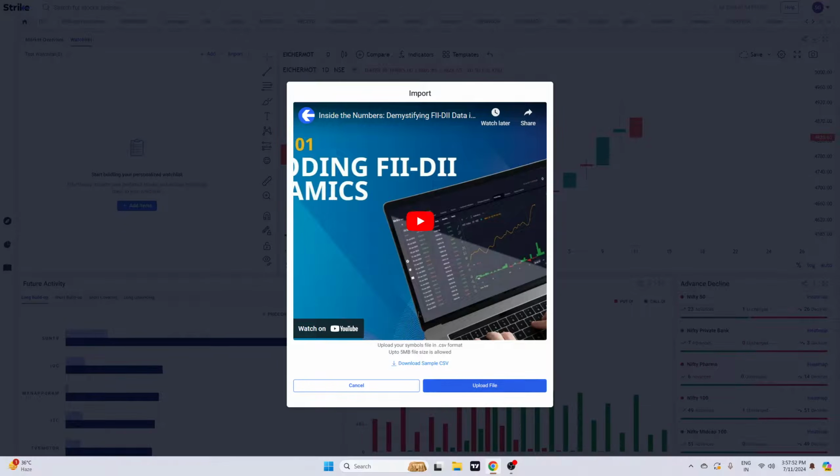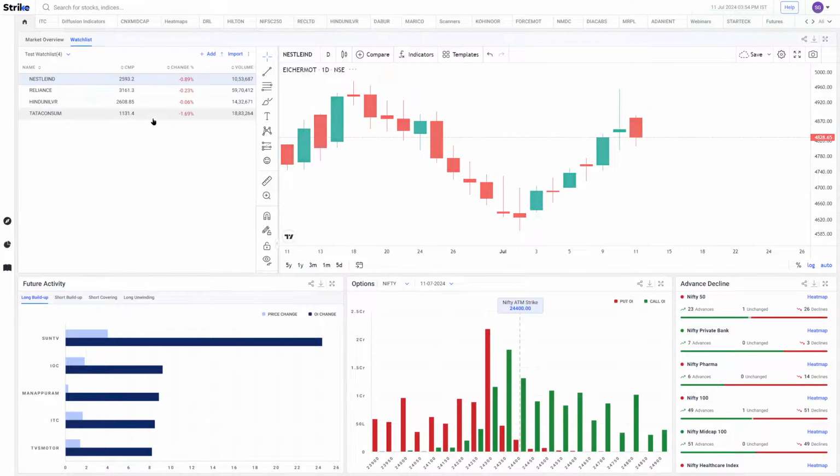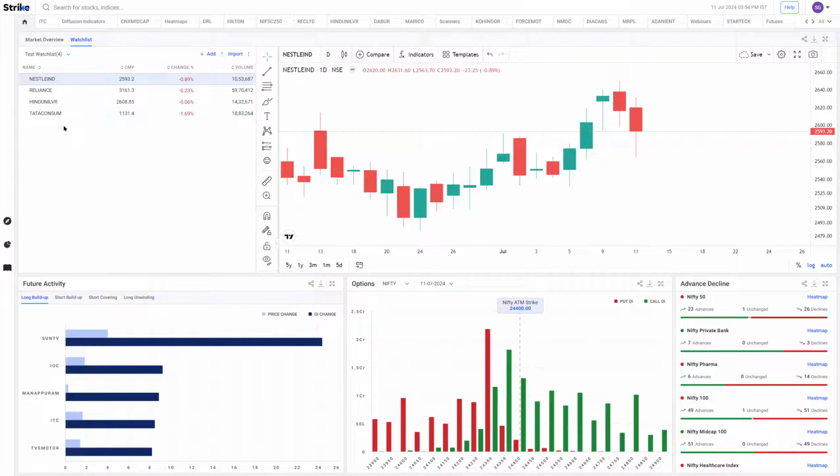We'll click on upload and choose that file, and as you can see the file has got uploaded and those 4 stocks got added automatically in my watch